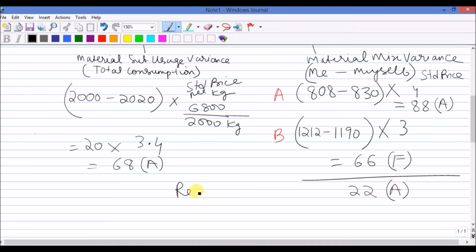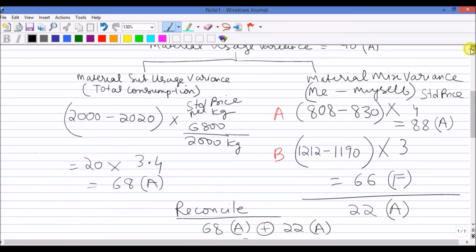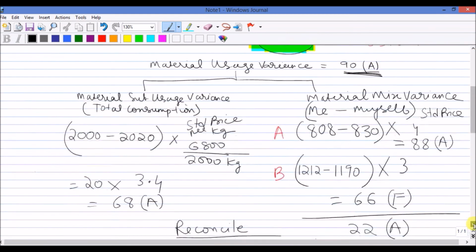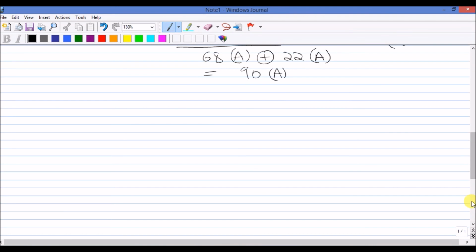So I'm going to reconcile it. 68 adverse plus 22 adverse is giving me 90 adverse. Is it matching? Yes, it is matching. Now friends, we are on the last part, and I've told you that the sub usage